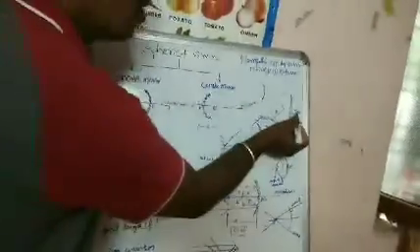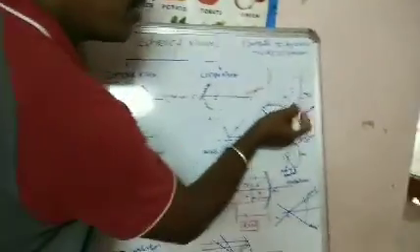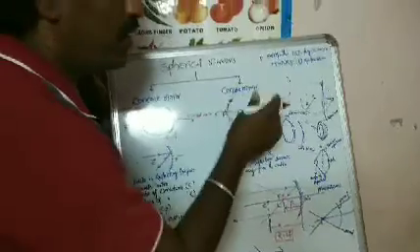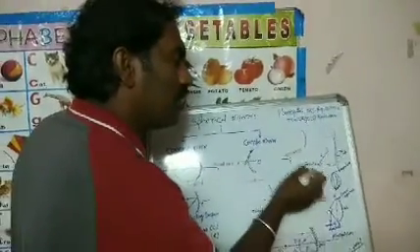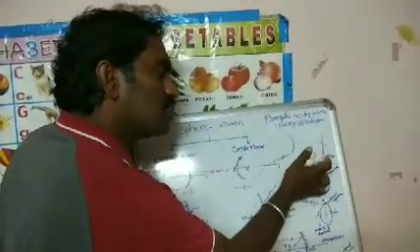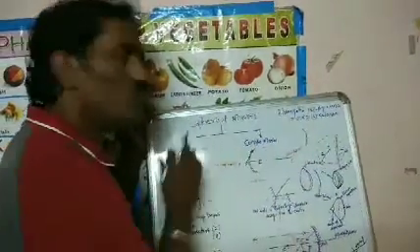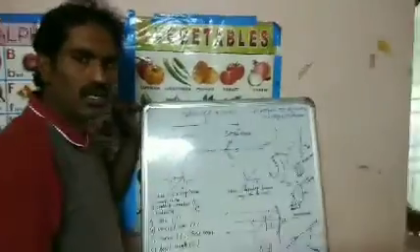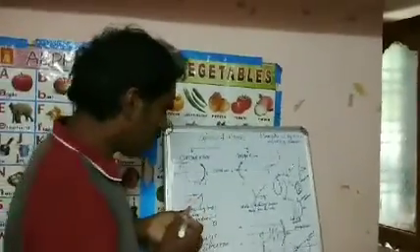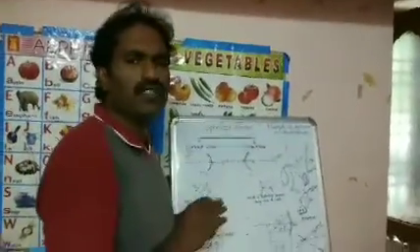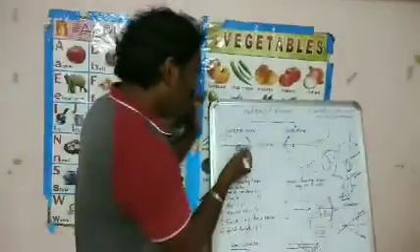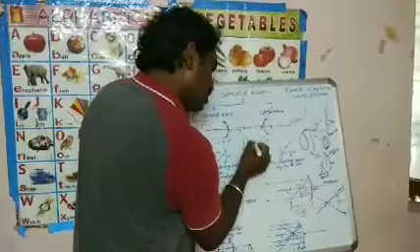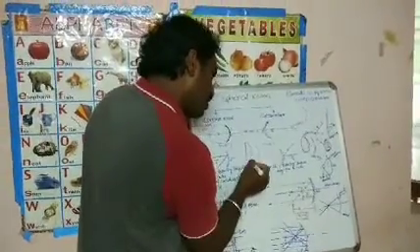So the spherical mirrors depend upon which surface is polished or painted. Depending upon the painting of the surface, these mirrors are again classified into two categories: concave mirrors and convex mirrors. Here we take this part like this. This is the side view, and the front view is like this.